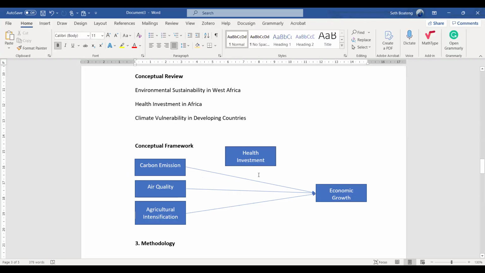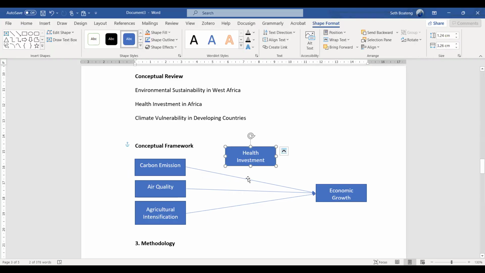Any form is accepted. So the difference between moderator and mediator: a moderator modifies or moderates the relationship between 2 variables. But for a mediator, the independent variable leads to the mediator before it leads to the dependent variable. So this is how you present a moderator.